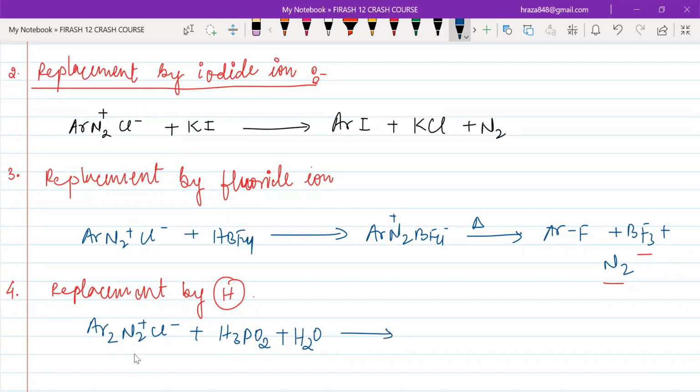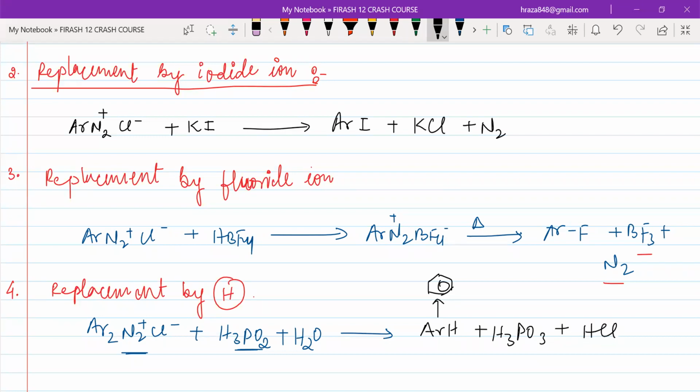It will reduce this, that means it will oxidize itself. So basically, it will be converted into ArH, that means hydrogen connected, that means it is benzene, and this will oxidize itself into H3PO3, phosphorus acid,